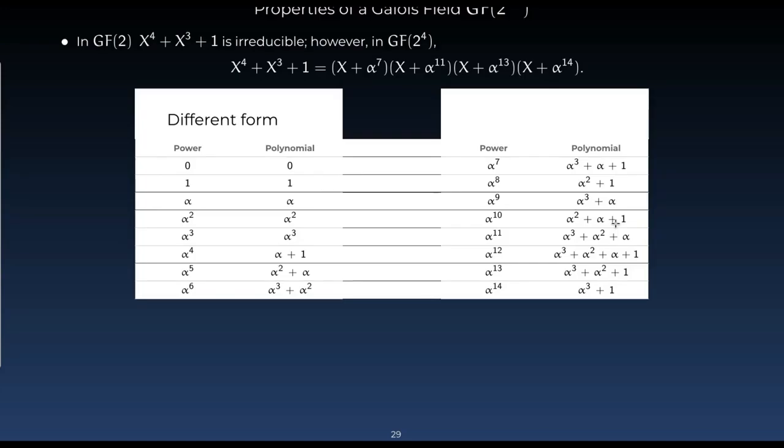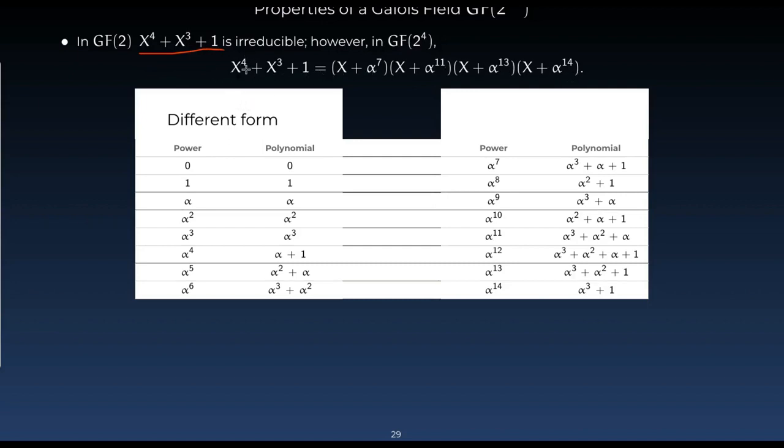As we have seen in GF(2), there are certain polynomials which are irreducible, which means they cannot be factorized any further. Those polynomials which are irreducible in GF(2) can actually be factorized in some GF(2^m). For example, x^4 + x^3 + 1 is irreducible in GF(2), but it is reducible in GF(2^4), and one of the possible factorizations is this: